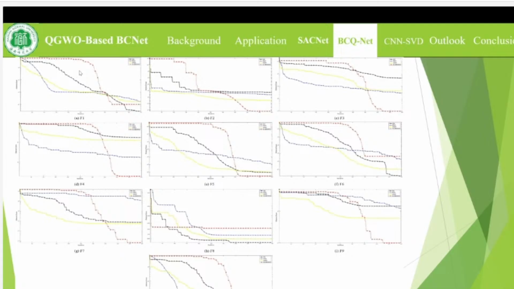We compare all of these performances, and in the end, we can see the visualization helps in evaluating the robustness and the speed of convergence of the QGWO algorithm, highlighting its capability to find optimal solutions effectively across varied complex problem sets. And here are the ROC curves, and here we can see that the QGWO,